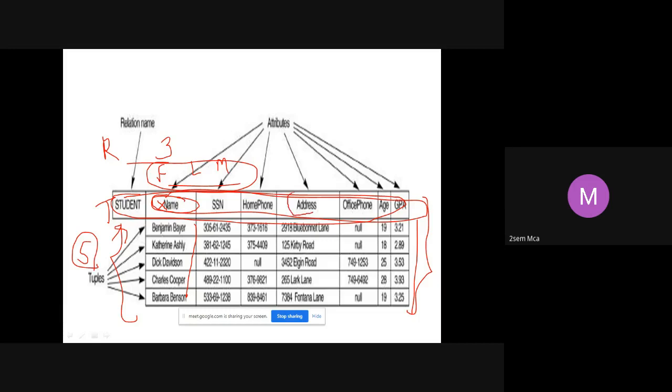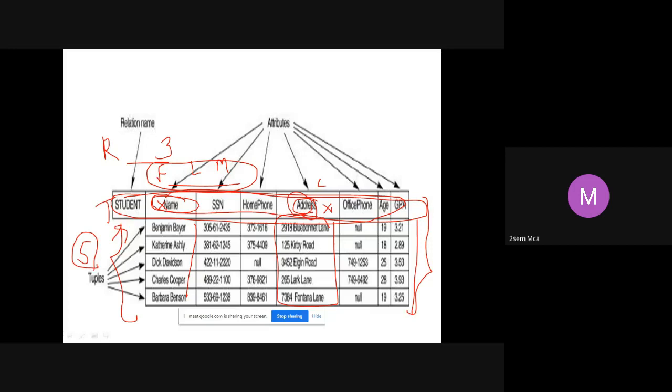Similarly, address is a composite attribute. That means address is going to contain street number, city, state, pin code. If I'm not interested in those components, not bothered which city or which country, I will simply store it as address and store whatever I want in the same attribute. But if I am giving importance to city, state and pin code, then I cannot have an attribute here as address.